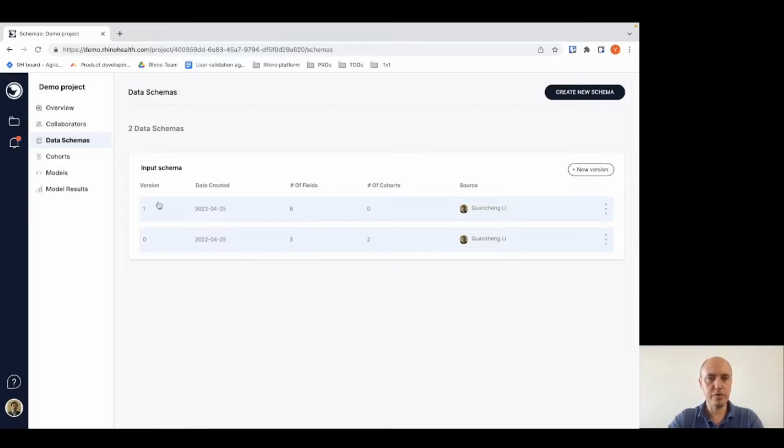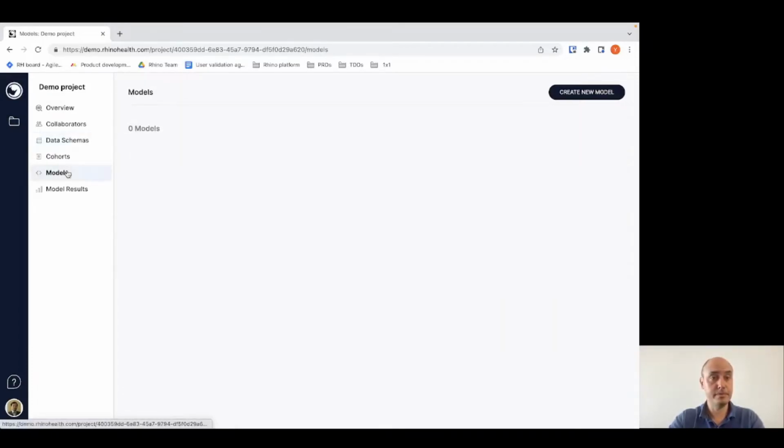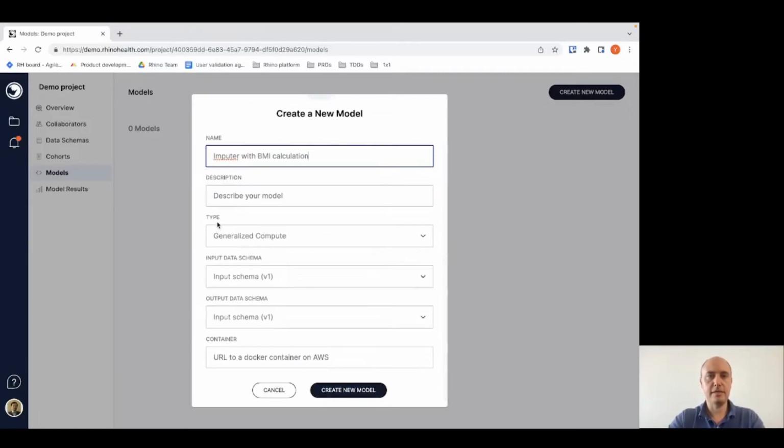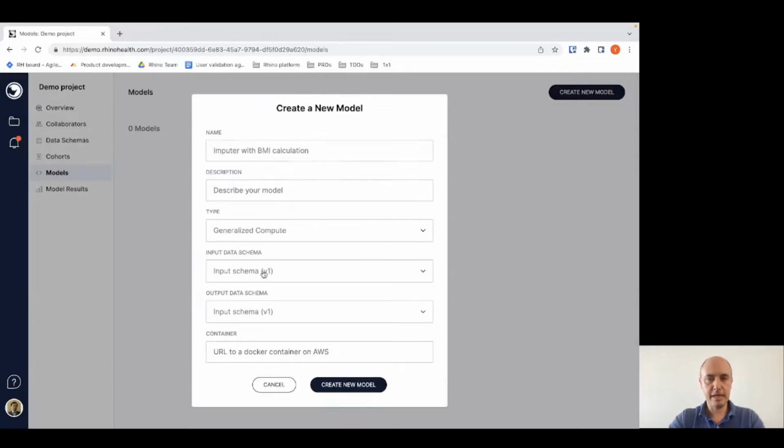I now have a new version of the schema, so my new code will take data that is in version 0 and produce data that is in version 1. Let's go ahead and create that model. I go to Models tab, create a new model. I'll call it Imputer with BMI calculation. It is a generalized compute type of model. It'll take data from version 0 of the schema to version 1, and here is where I paste the container